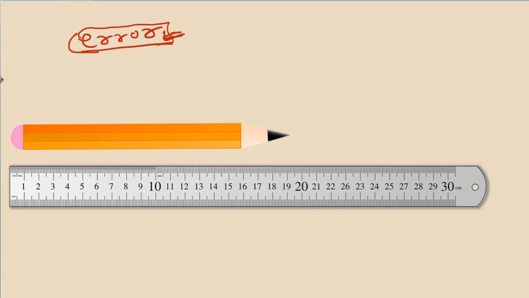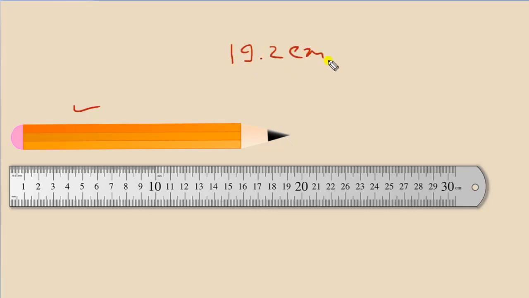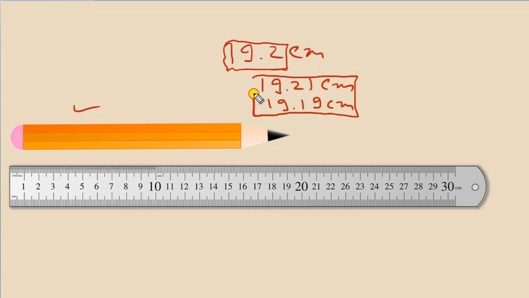For example, let's take the example where we are trying to measure the length of this pencil, and let's say the value came out to be something like 19.2 centimeters. Now, if I ask you, is it the exact length of this pencil, what would be your answer? Is there a chance that the actual length of the pencil is 19.21 centimeter or even 19.19 centimeter or something like that? Your answer would be yes. Since we are measuring it, there must be some flaw. There must be some error.